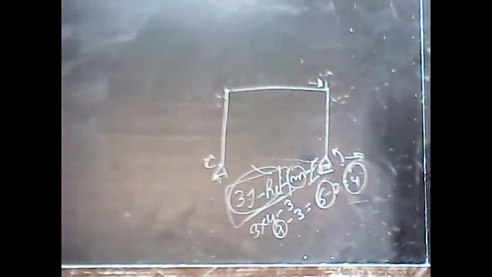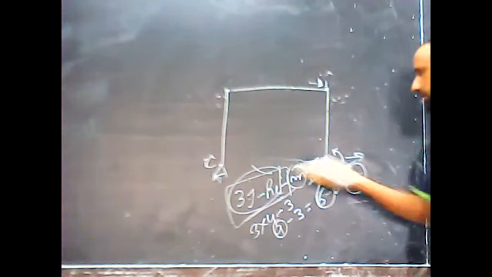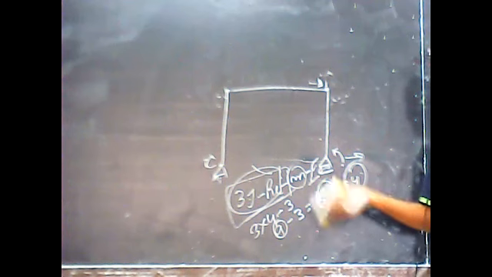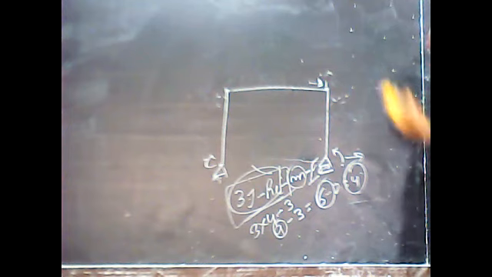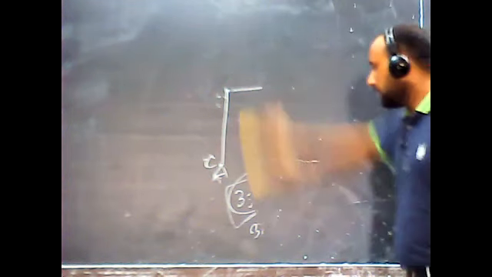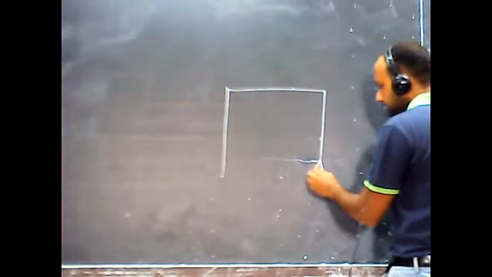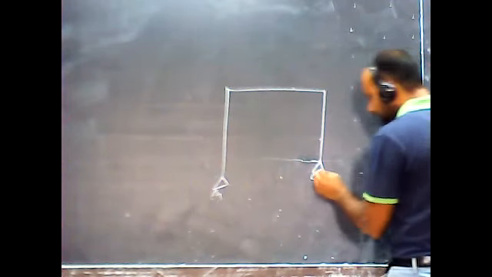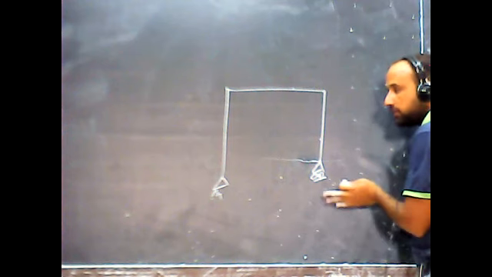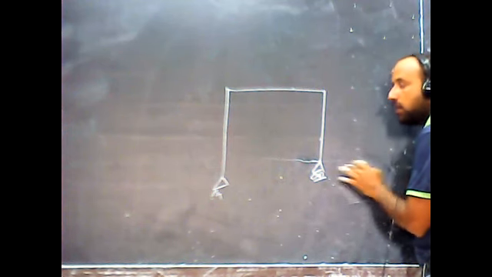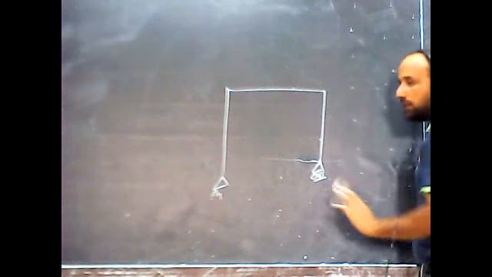Done. So again, the question may ask: change the roller to the fixed support, then how many degrees of freedom will reduce, or how much will static indeterminacy increase? In one problem, the question may ask both conditions. Suppose this is a frame, the same frame we have. This is the roller, and that is the hinge support. If I change this roller to the fixed support, how much will static indeterminacy increase and how many degrees of freedom will reduce? You have to calculate both. So the question may ask in that way also.